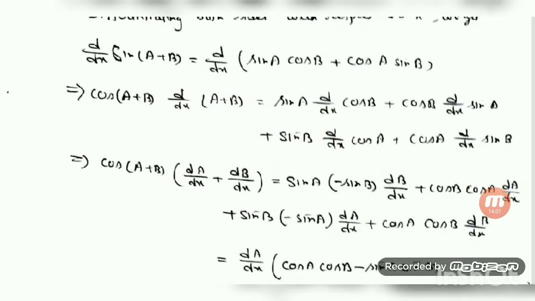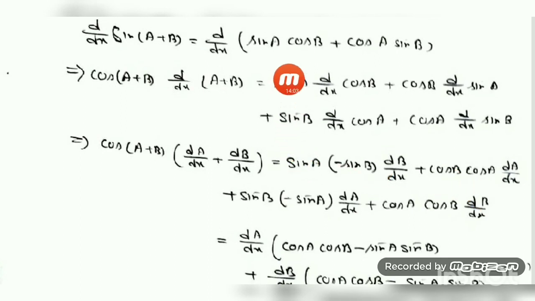Now, on the right side, what I am going to do is just see. Sine a, keep it as it is. What is the derivative of cos b? It's minus sine b, thinking b as x. So, minus sine b dB/dx. This is cos b, keep it as it is. Now, think it as a. We can use the formula of sine a. Sine a derivative is cos a. Take the derivative of a with respect to x.